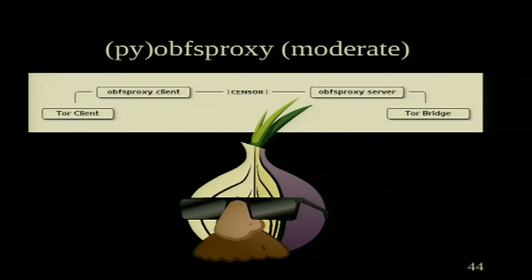So there are a bunch of adversaries out there, we talked about them last year, who do DPI to look for the Tor protocol and say, you're doing a TLS handshake with the following properties, I'm going to cut that connection. So Obfsproxy has a variety of ways of adding a layer of encryption or obfuscation to the traffic flow, so that you've got a little shim on the Tor client side and a little shim on the bridge side, and then you can transform the traffic going across it.